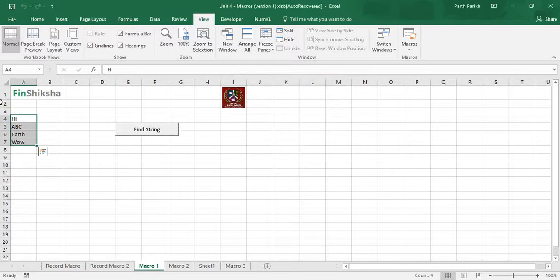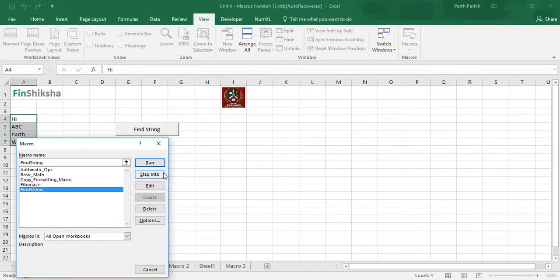So instead of haggling around finding the data, there is a macro which is absolutely simple, which is available, and you can write it anywhere to use it. That's why we have incorporated this example here. We have already created a macro, but we'll show what exactly goes into it because it involves a little bit of coding. Then we'll see how we incorporate this button as well. So let's go to the macro first. The macro is called find string.